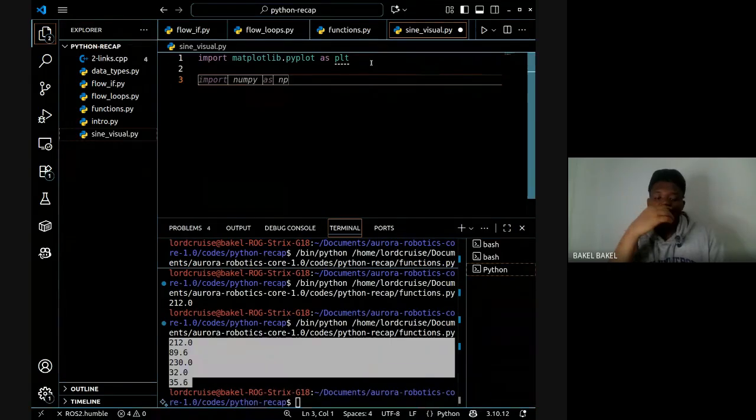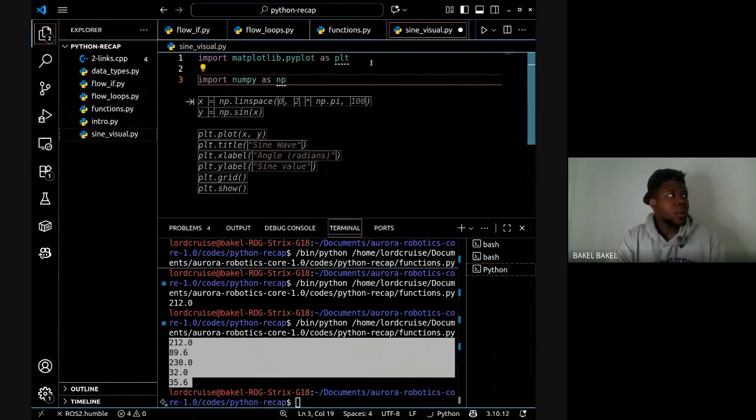I might need numpy. Okay, great. It actually gives the full pseudocode because we named the file as sine. So this is actually the pseudocode. But let me explain what is happening in the first place. So first of all,